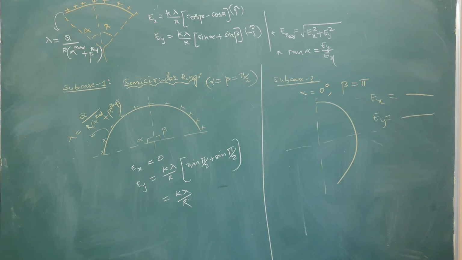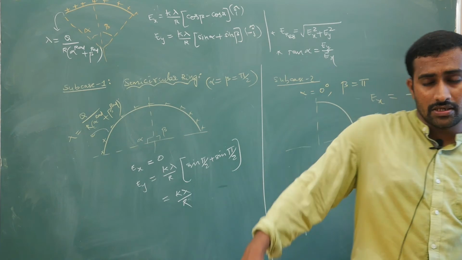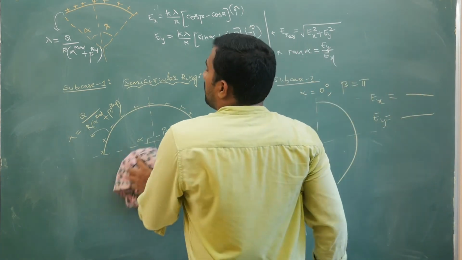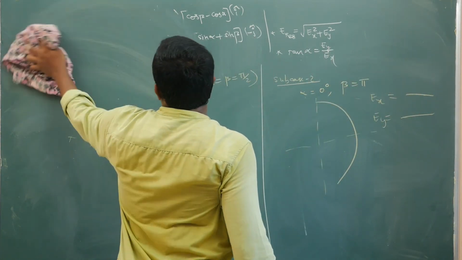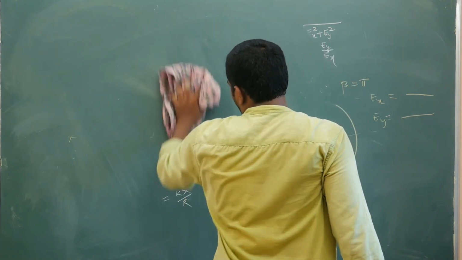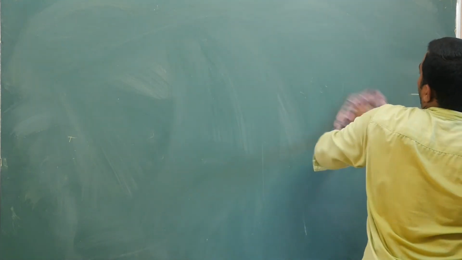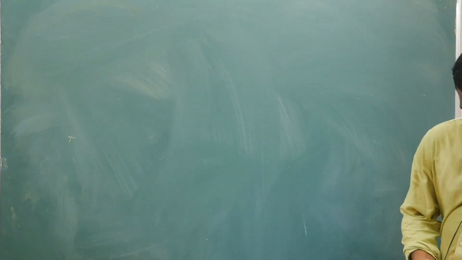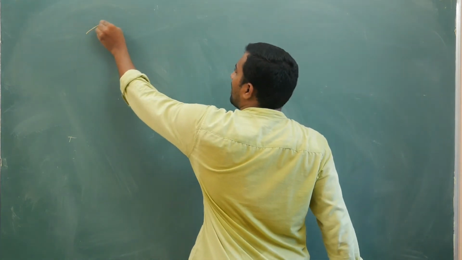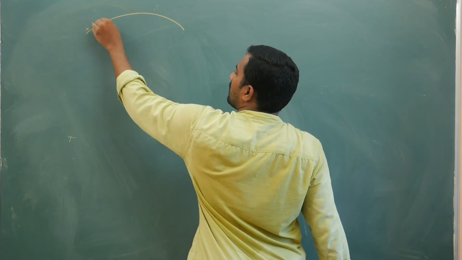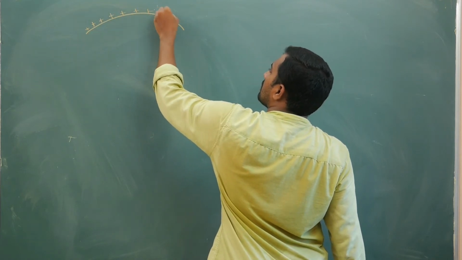Now what I am going to do is, because we know the field, next we will try to calculate the potential. Potential calculation is very easy, it's not tough at all because your potential is a scalar quantity. So for a ring, what is your potential if you ask me? It will be very simple. I will tell you. Now here for this arc, I am trying to calculate your potential.